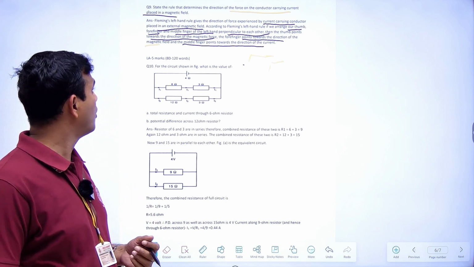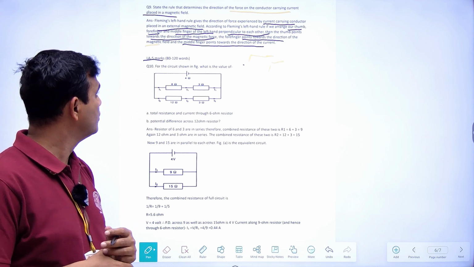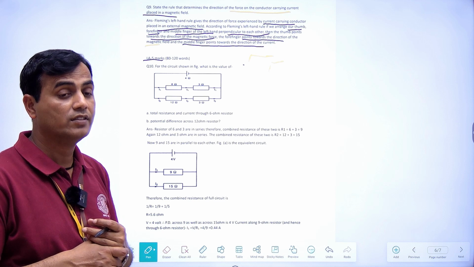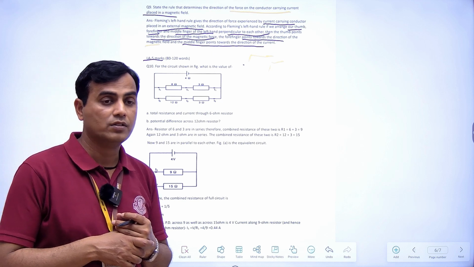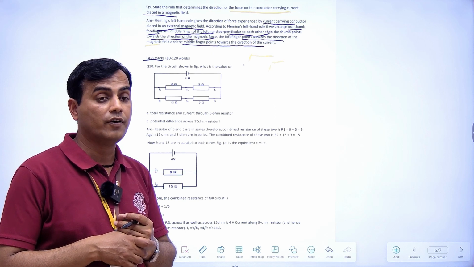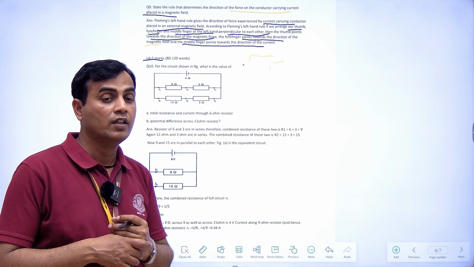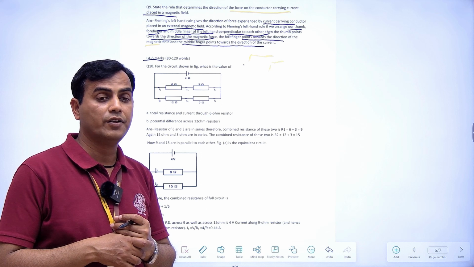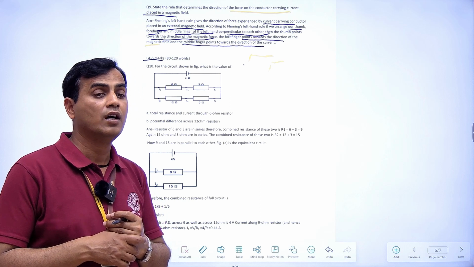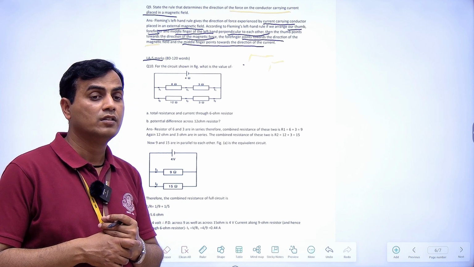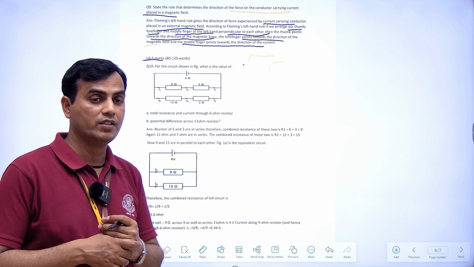Okay. Now next we come to long answer type questions, which are of 80 to 120 words. This is the most important type of question. It carries a lot of marks, the 5 marks. So we have to carefully see this particular portion. This question will be related to the electricity chapter. In the electricity chapter, the most important part is how to calculate voltage, the combination of resistance, and how to calculate current if different combinations are given.